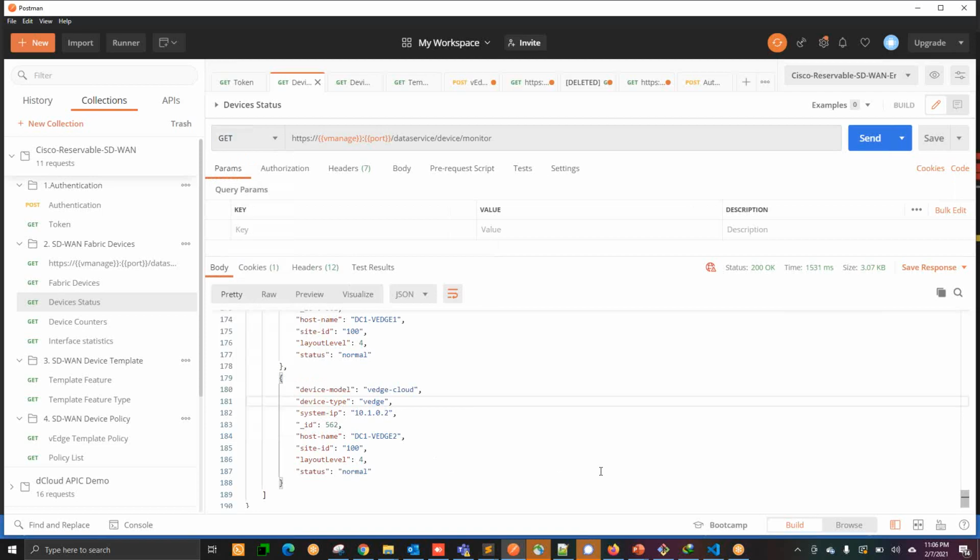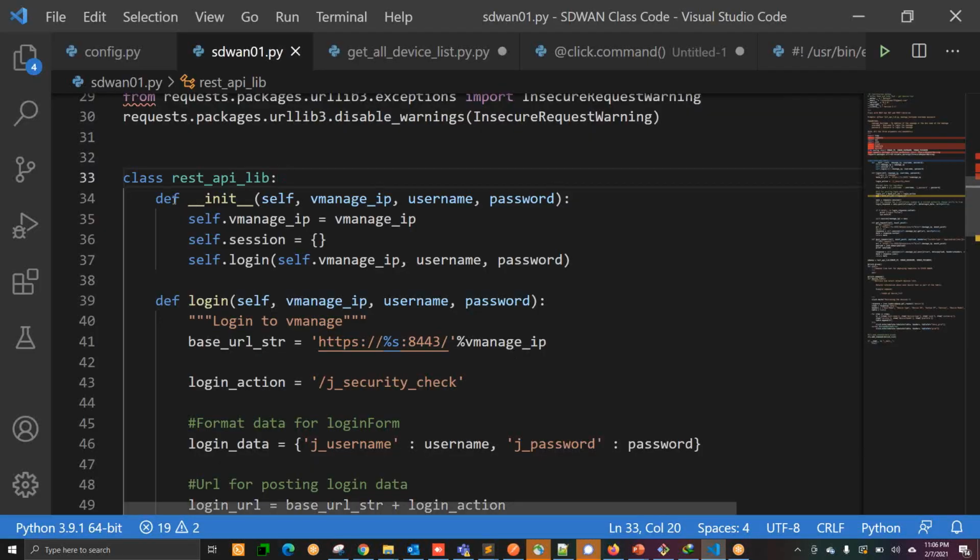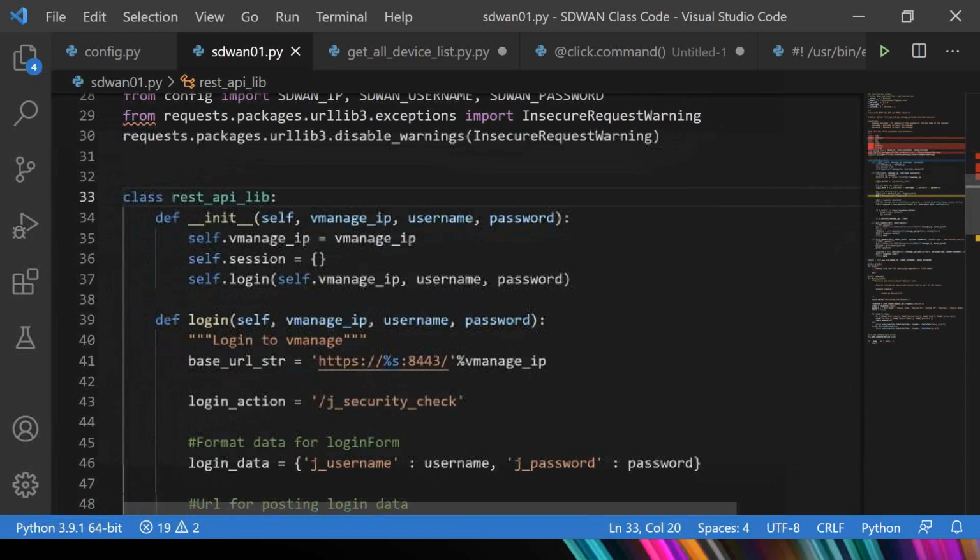Correct? So if I go back to the program, here you can see that you have to build the logic, correct? So what's the logic? First of all, you want to log into the device. So once you are logged into the device, meaning I am inside the vManage, then obviously I want to open a session. So log into the device, open the session, and then you can run any type of request, either creating or deleting or any type of method. Correct? The same thing you will see here in the program. So we have to go and